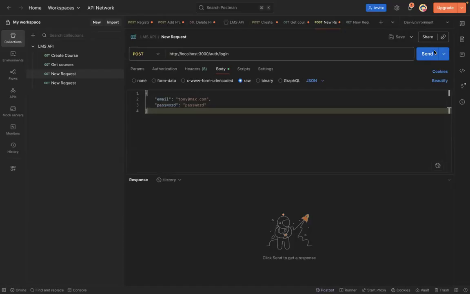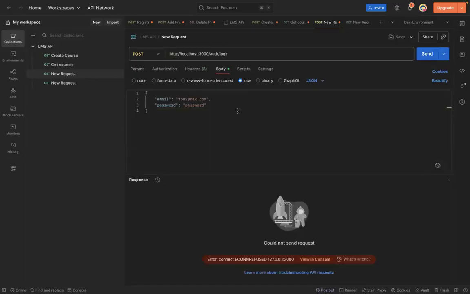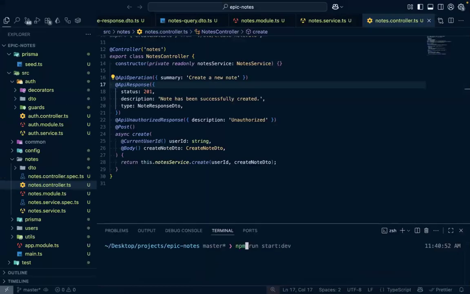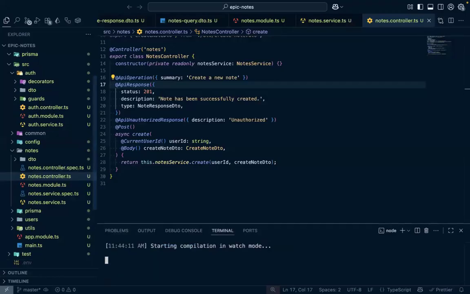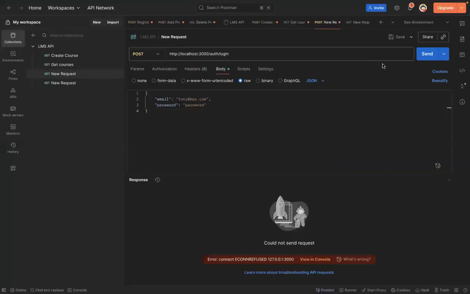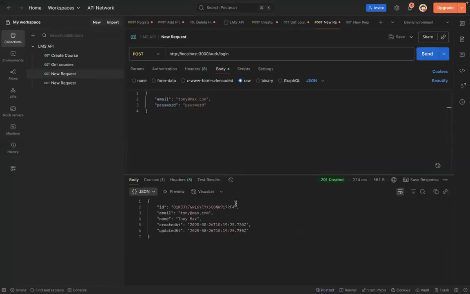We can now go ahead and authenticate 20 marks. So let's send this. Okay, I guess I've not started. Okay, npm run start there. So our server is up and running right now. So we can go ahead and do this once more. So Tony Max is now authenticated. So we want to be able to create a note